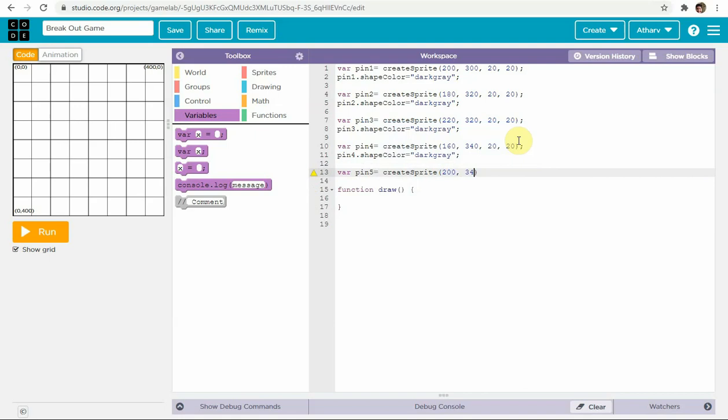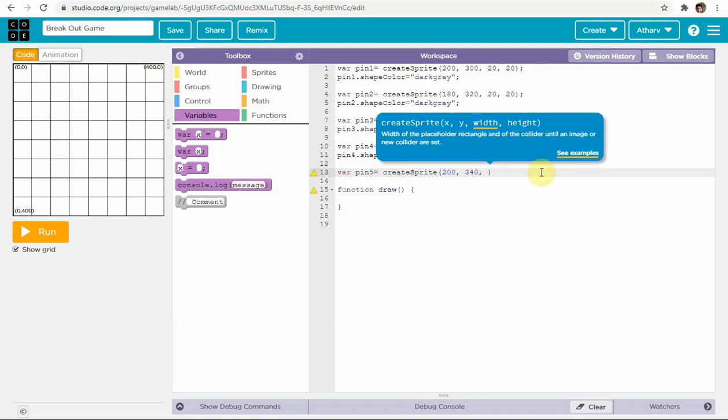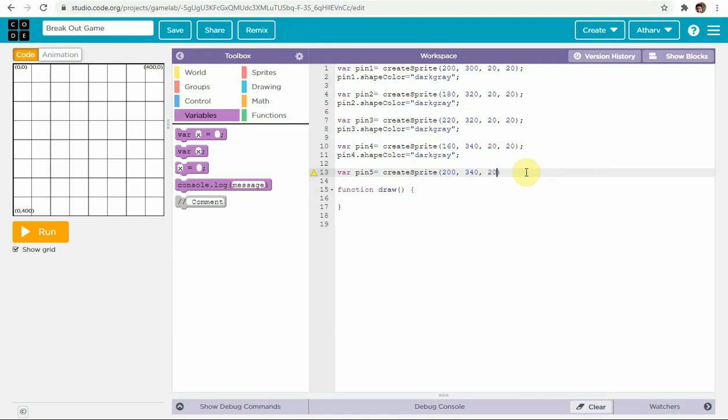Now from here the y-axis will be constant because we're creating the last line of this one. 4, 5, 6, the last one will be the same. Okay. 340, 20, 20.